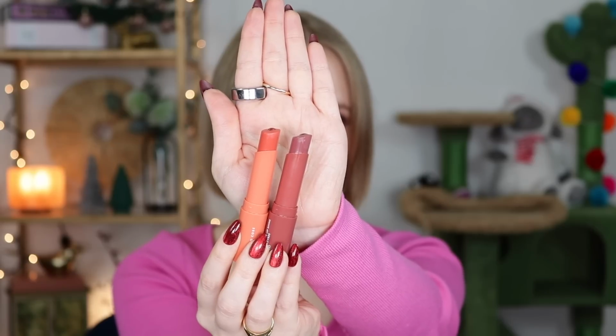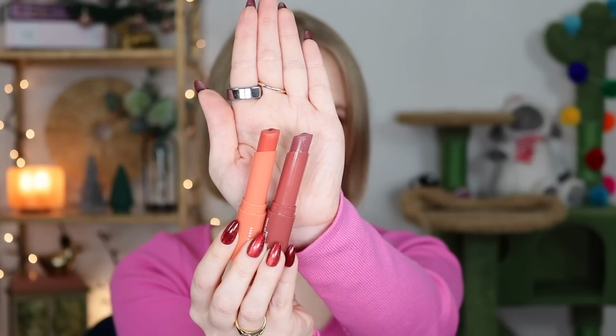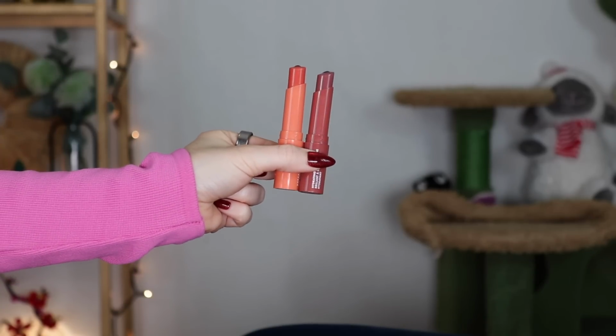I don't have a ton left of either one, but you can see there is slightly more of Cheery, which is that orangey coral one. These are so fun. I think these would make beautiful blushes as well. I've used up this much of them without trying again, so I think progress on these really shouldn't be too difficult. So those are all 25 of the items that I want to try to use up in 2025 or